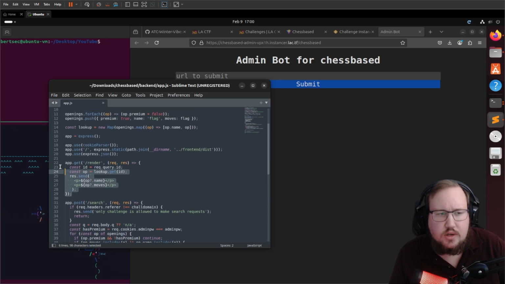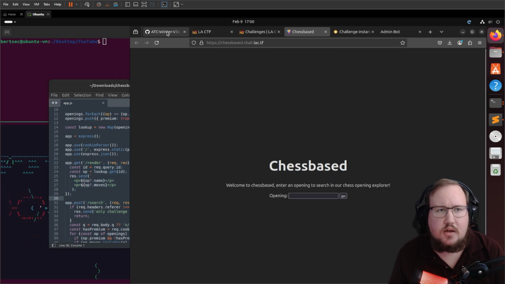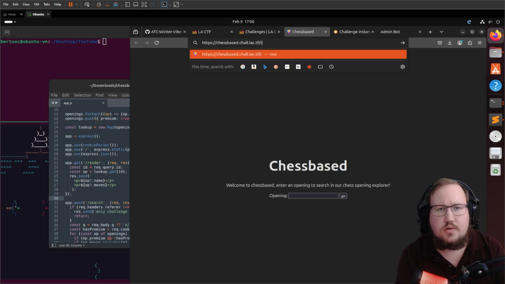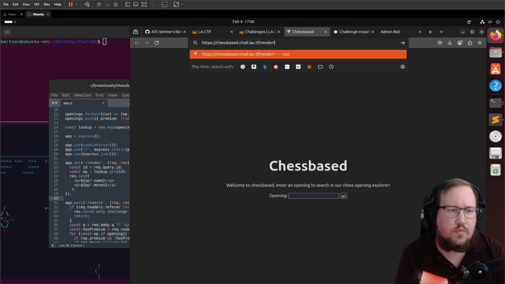For example, if you look at this render endpoint right here, if you send the move over with the render endpoint, you can actually just return the flag with that. So if we go here to /render, and then I believe we can put